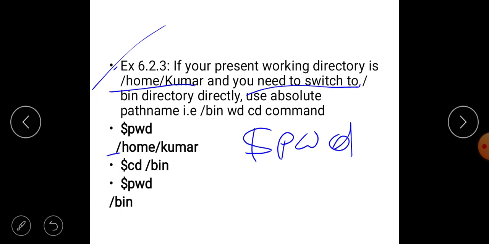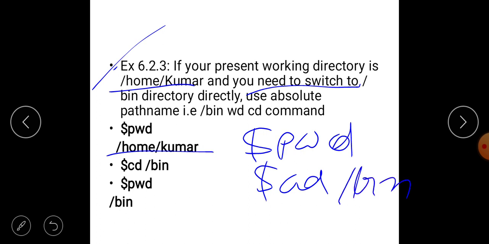It is going to give the path /home/Kumar. Now you have to jump to /bin. Give cd space forward slash bin, which means you are switching from /home/Kumar to /bin.